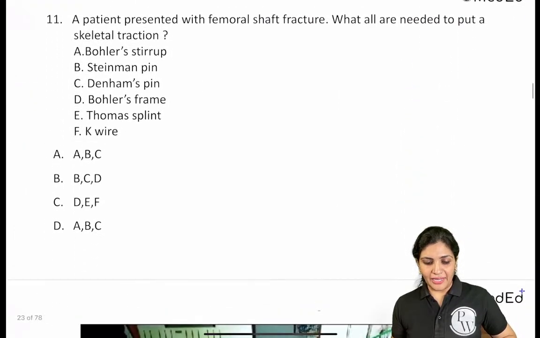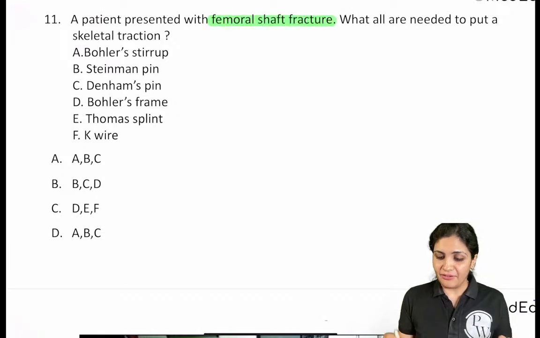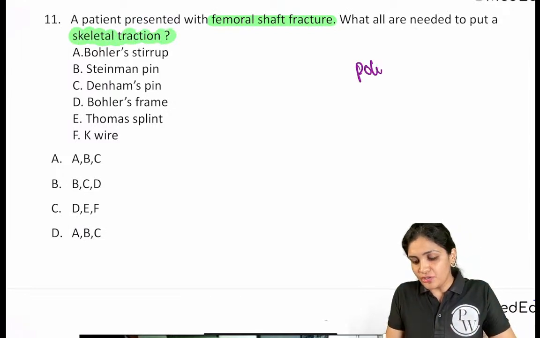Okay, now moving on to the next one. A patient presented with a femoral shaft fracture. So there is a femoral shaft fracture. What are all needed to put a skeletal traction? So here, as we are dealing with polytrauma itself, this is nothing but the continuation of it. What happens is, in case of your femur fracture,